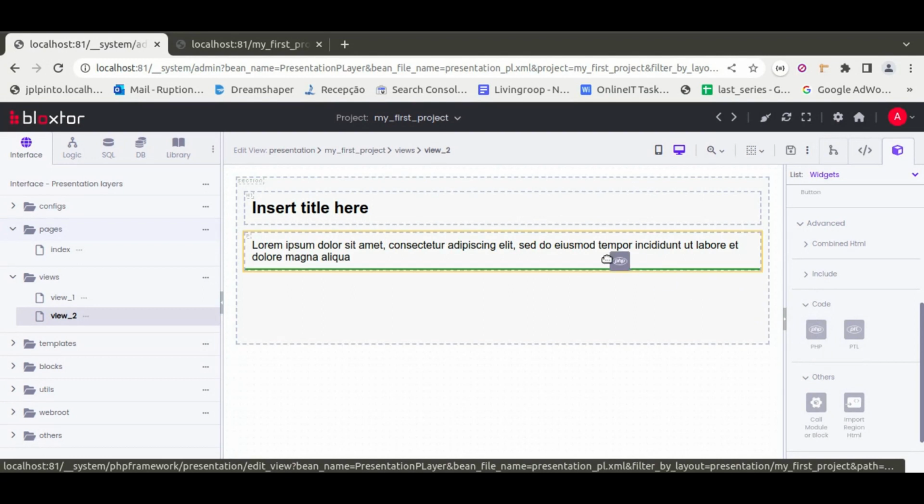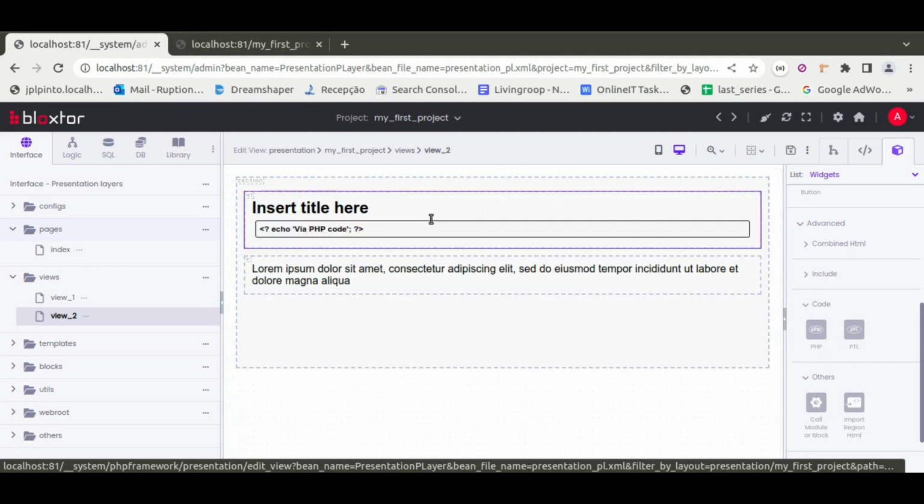So basically I grab the PHP widget, I drop it wherever I want to, like in here, for example, and in here I want to echo the var name. There are two ways of doing this. Just to show you an example, I'll type some code first and then I'll do it through low code after, which is easier. So you can see that you don't need to program anything here. So for now, I'll just